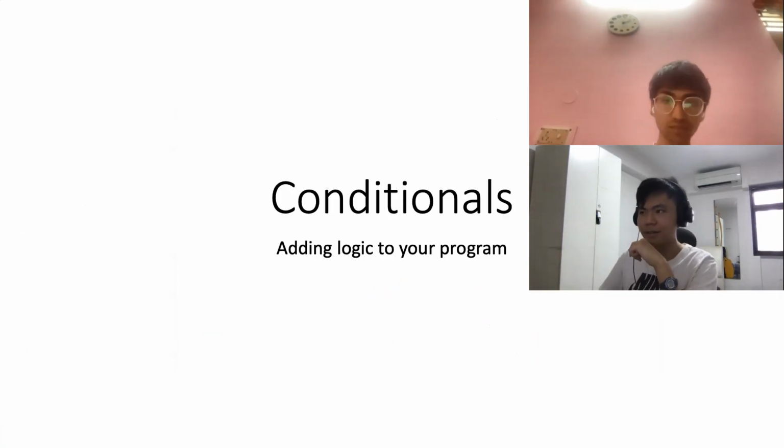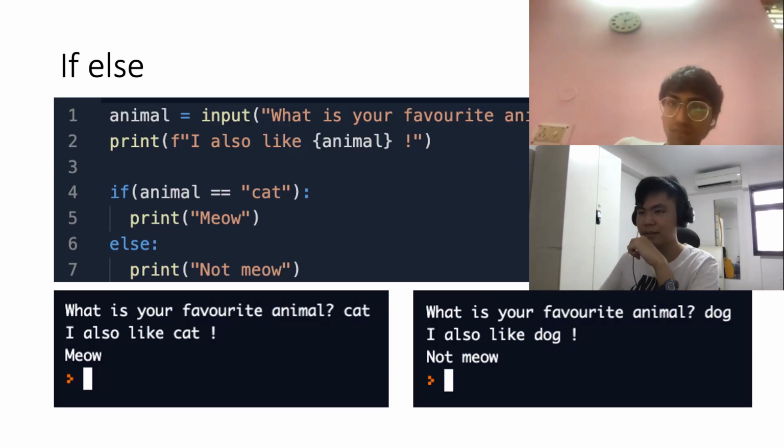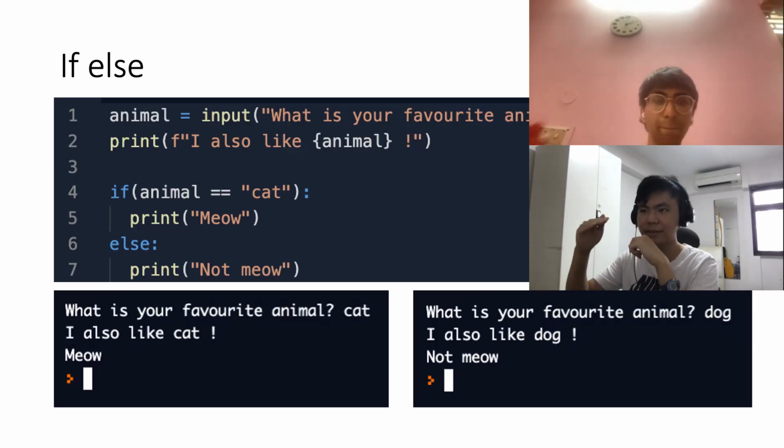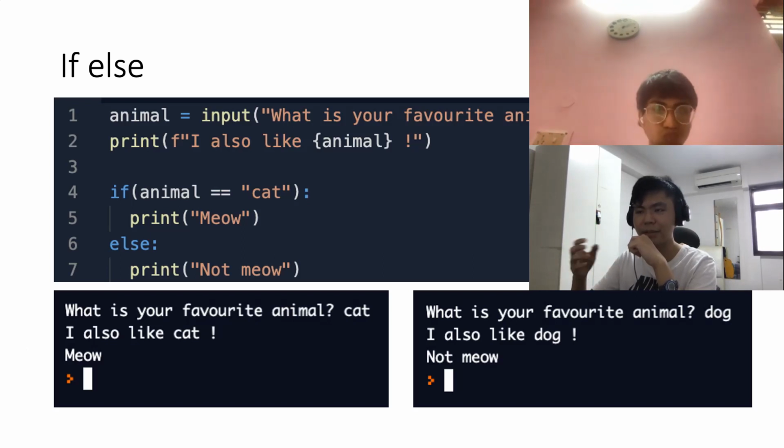Conditionals, briefly, is adding logic to your program. What I mean by logic is that so far we learned that the code executes sequentially, every single line gets executed. But with conditionals, not every line might necessarily be executed. So for example,